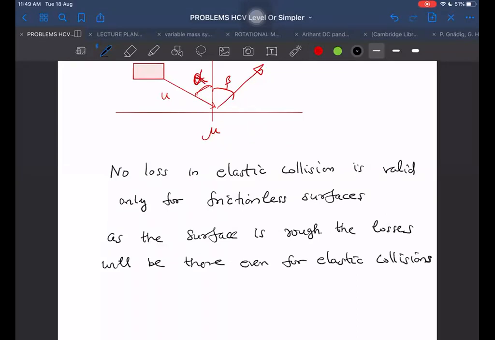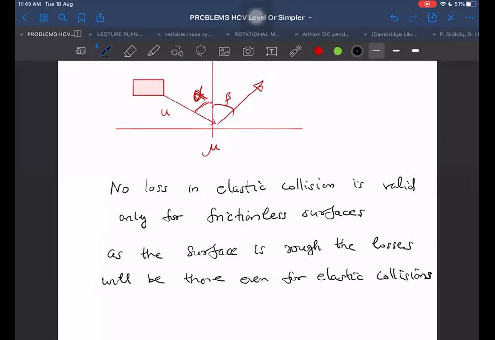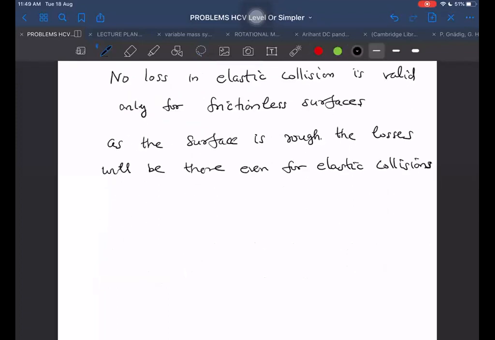What is the energy lost? You tell me that. What is the energy loss now? Let this speed be v. And can I write this thing now? V tau is equal to u tau. That is also not applicable now. See how many things are not valid now. Along the tangent there will be impulse. So I cannot say that v tau will be equal to u tau. That will be wrong to do, as there is some impulse along the tangent.